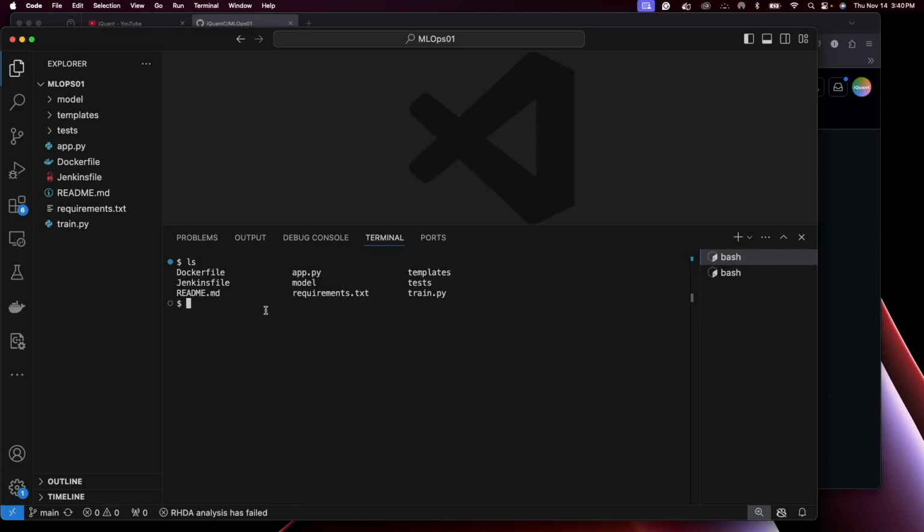So for that reason, I'm going to take the ordinary Jenkins image and customize it by installing Docker and configuring Docker inside of it. Then I will use that image that I build and run that as a container for my pipeline jobs. I'm going to create a directory for that. So I'll call it custom_Jenkins. And then inside of it,